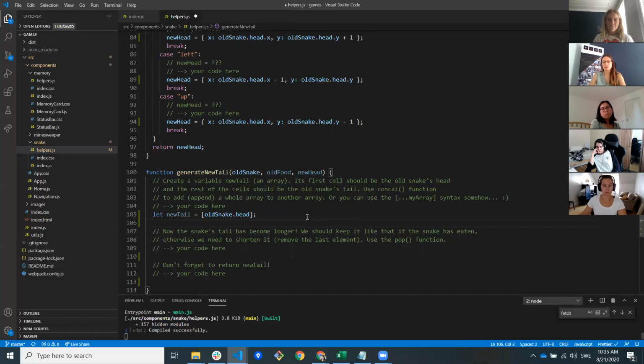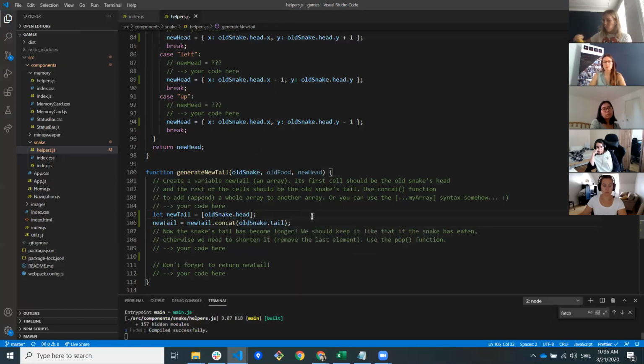The concat function doesn't change its parameter, it returns the result of concatenation. So we need to save that result in new tail. So we write new tail is new tail dot concat. And then we send what array we want to concat this array with. And that's old snake dot tail,